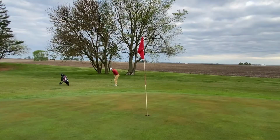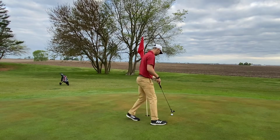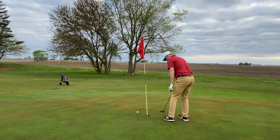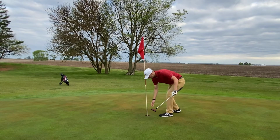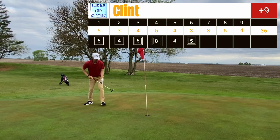I hit a draw, which I normally don't do, and so that was great to see. And then I managed to pitch this onto the green pretty close, which is great. But then I end up 3-putting it, which is disgusting. So I feel like I should show you that I can actually make that putt, and I do, but not